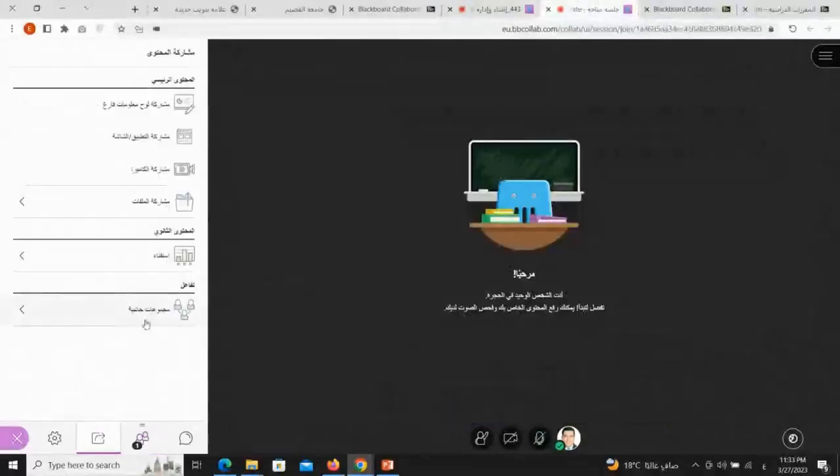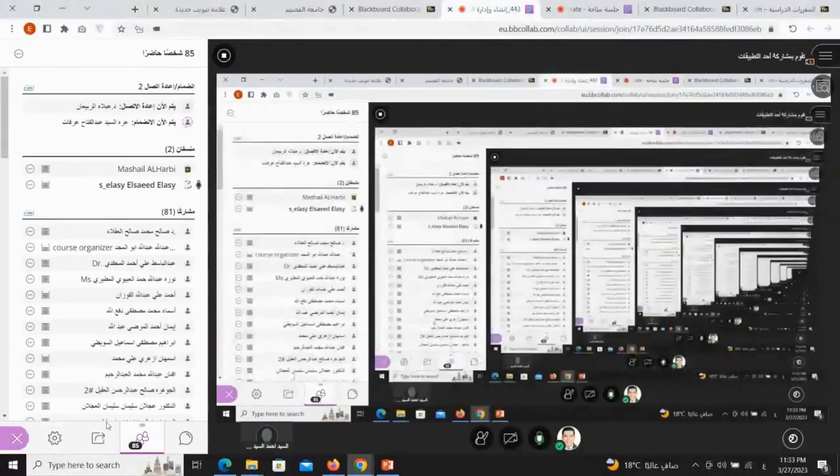Let's look at the breakout rooms. Click on the breakout rooms. Share this, creating the breakout rooms now. When I clicked on the breakout rooms, it provides options for random assignment, assigned tasks, and the category of the